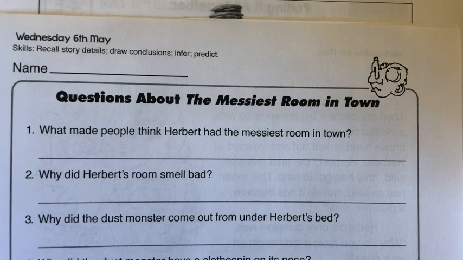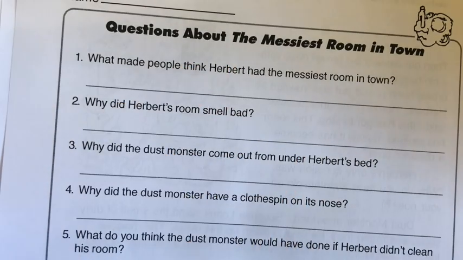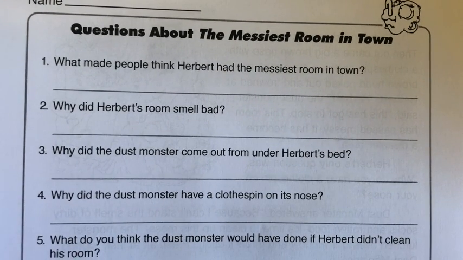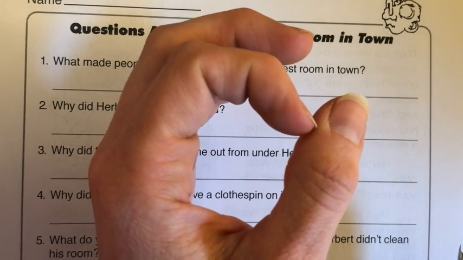So we know that it's a fictional story. It's not real. And we know that because it's got a dust monster in it. And there's no such thing as a dust monster. Dust bunnies are a figure of speech. You might find them in the corners or under your couch. They're tiny little balls of dust or hair, or just a collection of things that need to be cleaned up. I'm pretty sure that they're just part of life. I've seen them at school before. We get dust bunnies at school sometimes in corners we don't use. They're just little cute balls of fluff, right? Usually they're a gray or brown color.